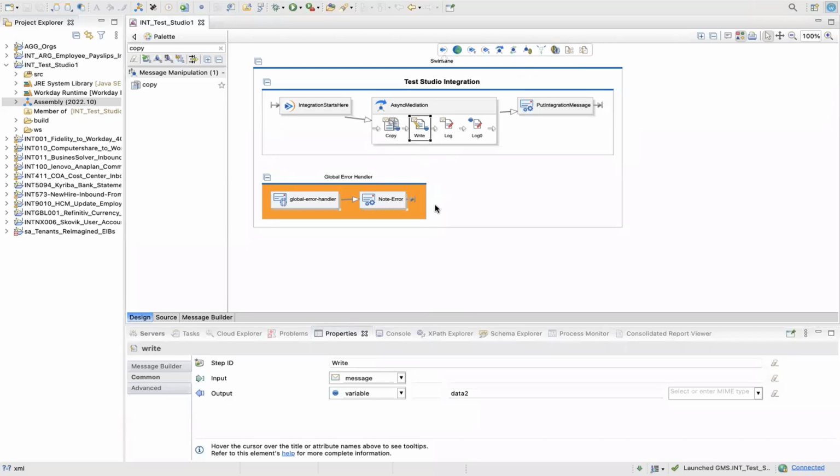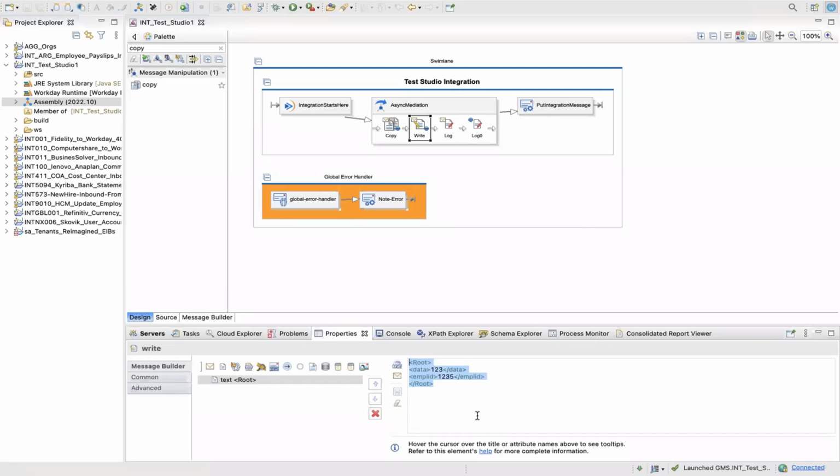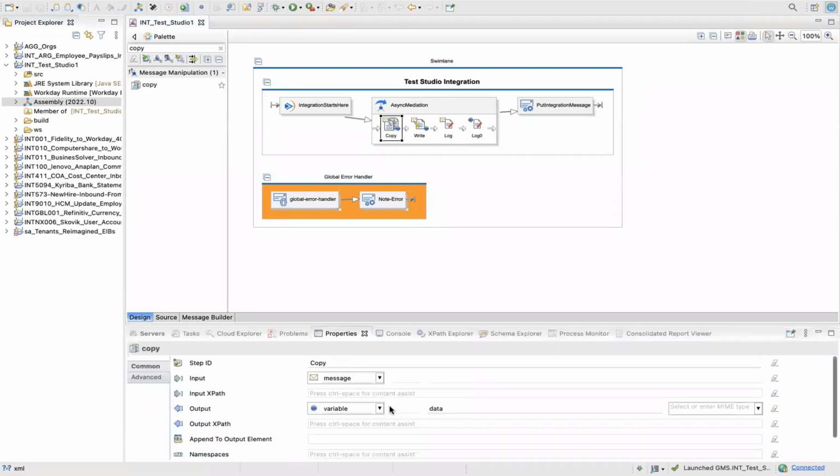So the statement which I mentioned, that a message flows from one component to another and gets changed if there is any processing, holds true only if input and output both are message. But if you change it to variable, then whatever update that write step is doing will get stored in data 2, but the original message will flow back to this log. This is a very important concept, because you need to know what is happening in each one of them. So now that you are clear about this,